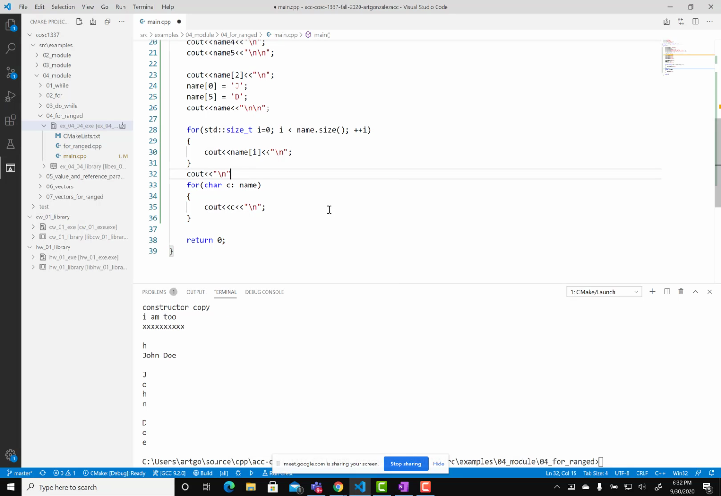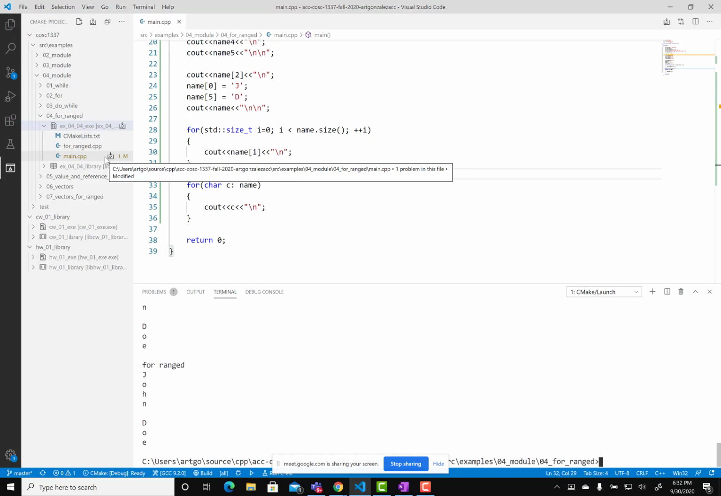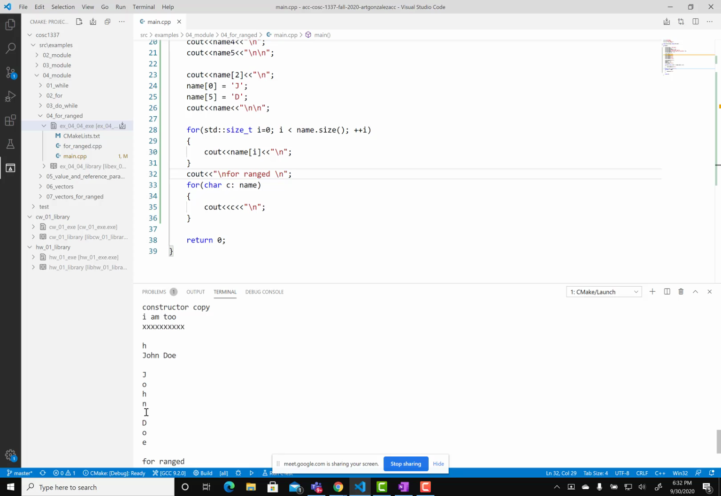So then let me create a new line here. And maybe I can put here "for ranged." That way it's clear. Okay, and then we go ahead and execute this, run in terminal. So above the for range, this is the for loop, and then this is the for range loop. It's easier syntax, right? Like we don't have to worry about the size or anything. We just say for each character C in name,